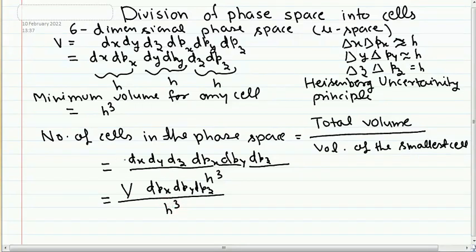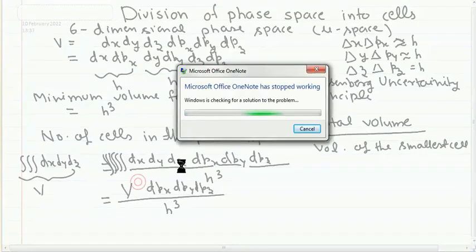Now when we write the total volume, we will have to integrate six times: integration over dx, integration over dy, and so on. And when we take the three integrations over dx, dy and dz, this will give the normal volume V, and therefore we are left with